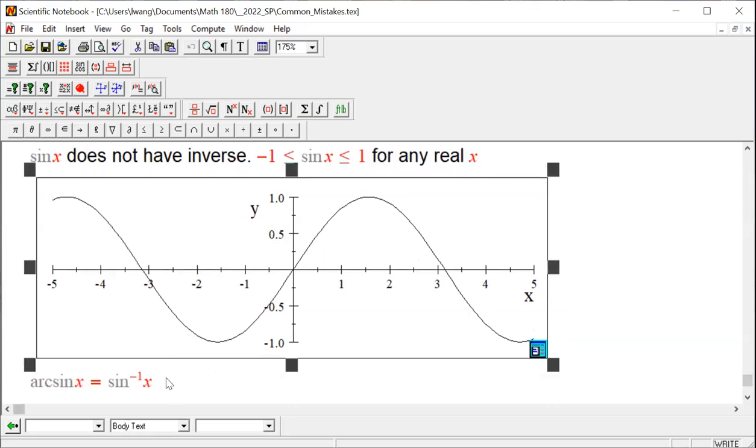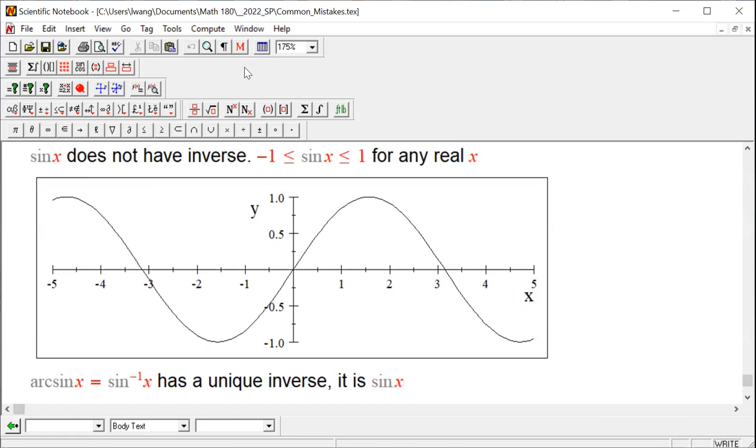Now, arcsine, however, has an inverse. Of course, it has exactly one inverse, a unique inverse, right? When we talk about it, we say that the unique inverse is rarely mentioned until otherwise noticed. And the inverse, what is it? It is this function: sine x, where x is between negative pi over 2